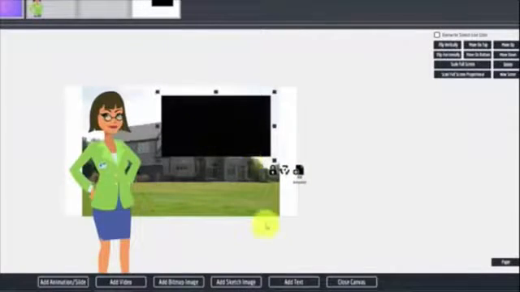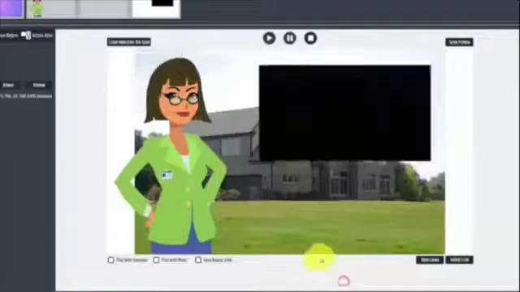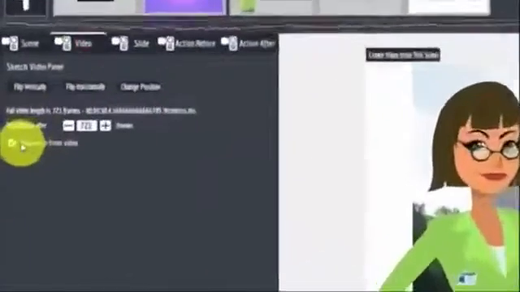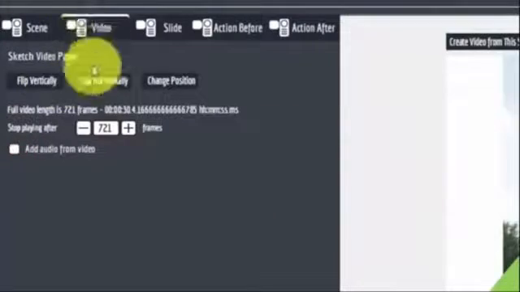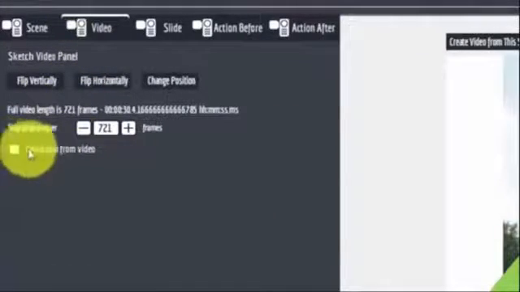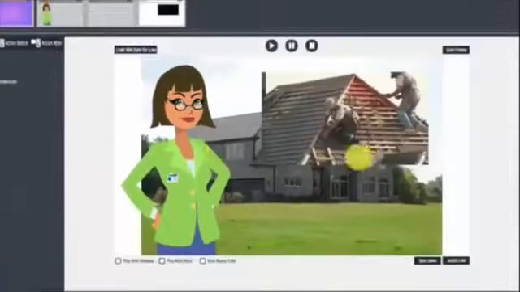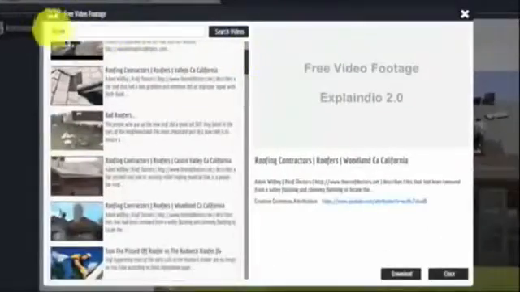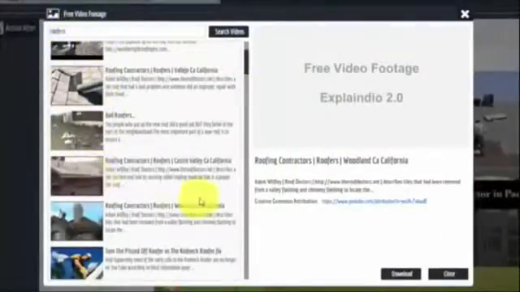So now, when I run the slide, and as you can see over here under video, I'm unchecking the add audio from video to turn off the sound. And that's it, ladies and gentlemen. Free video footage module allows you to search for videos, and then you can curate those videos right here on the